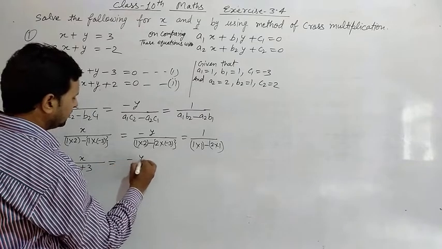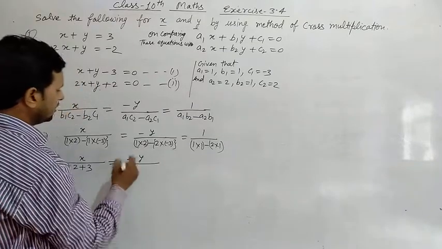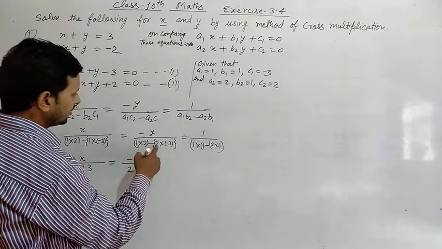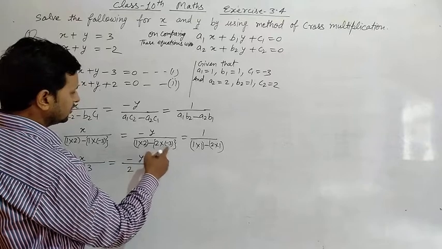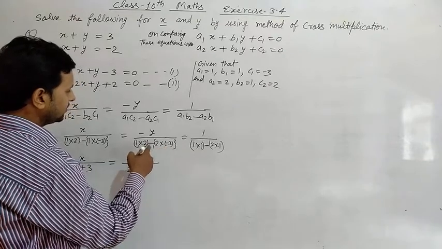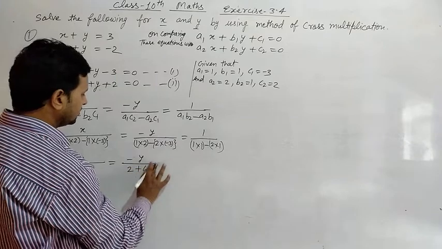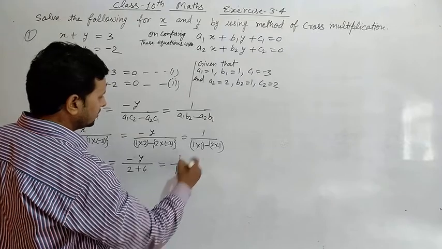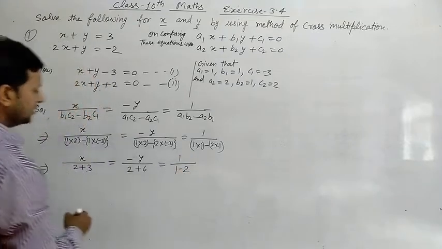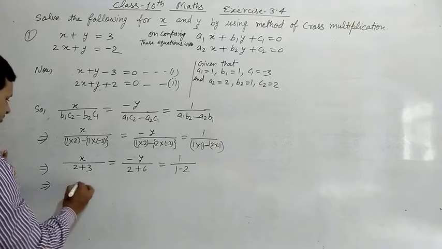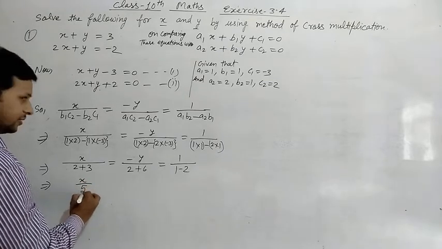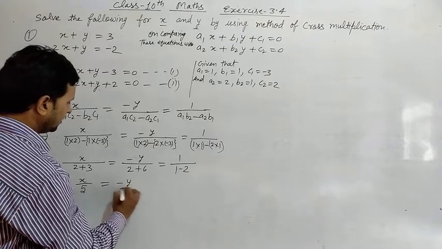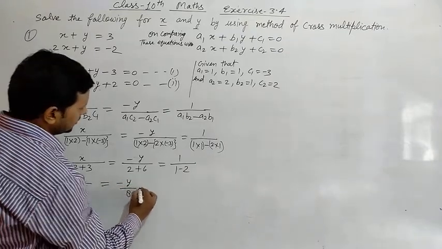Again minus y upon 2 times 1, 2, here is 3 times 2, minus 6, because it is plus 2 and here minus 3. 3 times 2 minus 6, minus plus 6, is 8. Again 1 upon 1 times 1 minus 2 times 1 is 2. It's right. So x upon 5 is equal to minus y upon 8 is equal to here